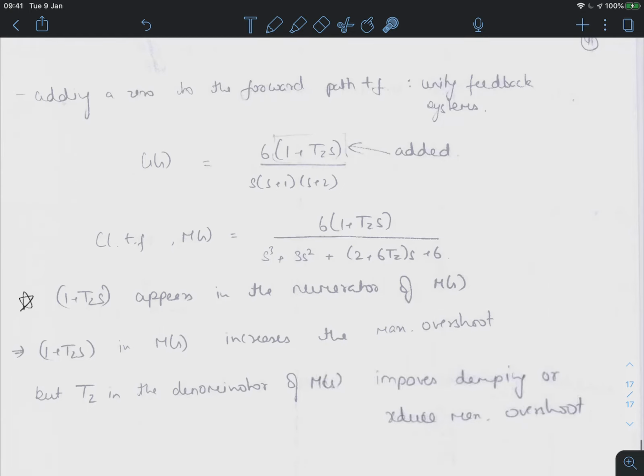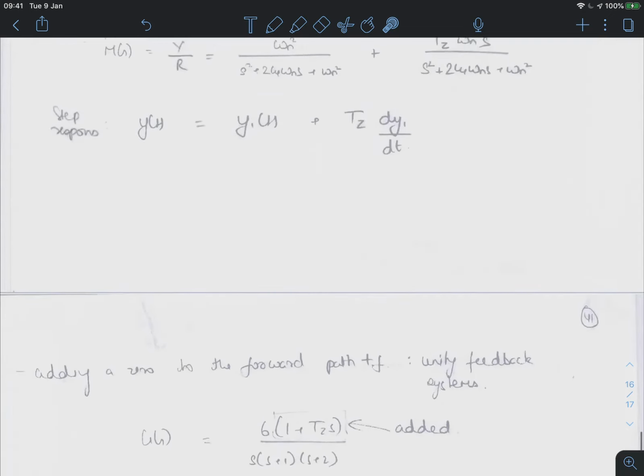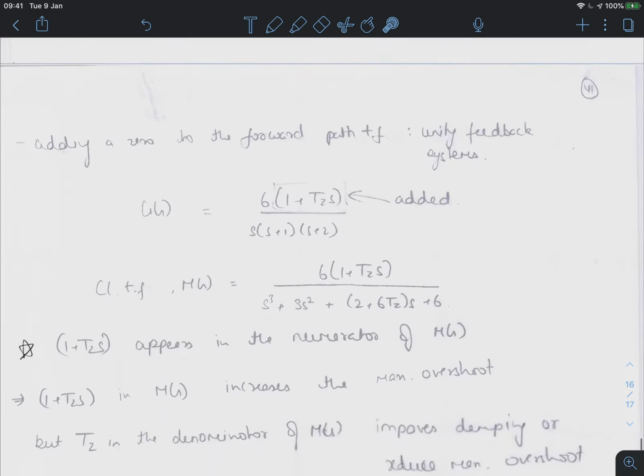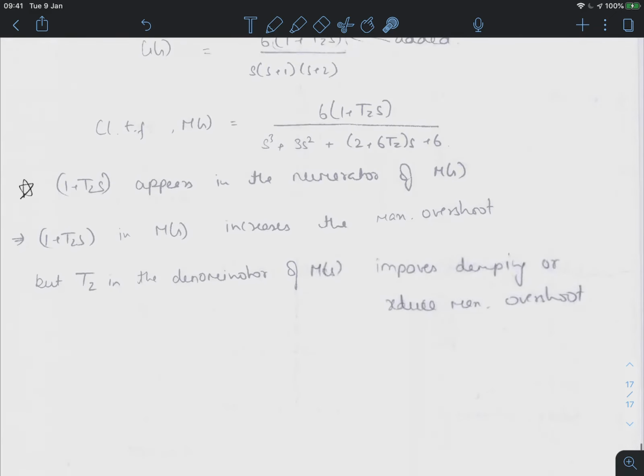Okay, so now see here. Now we have 1 plus tz s appearing in the numerator of M(s). In the previous analysis we had seen that if there is a 1 plus tz s in the numerator, you would see a decrease in the rise time and an increase in the maximum overshoot. So you would expect to see similar behavior here,